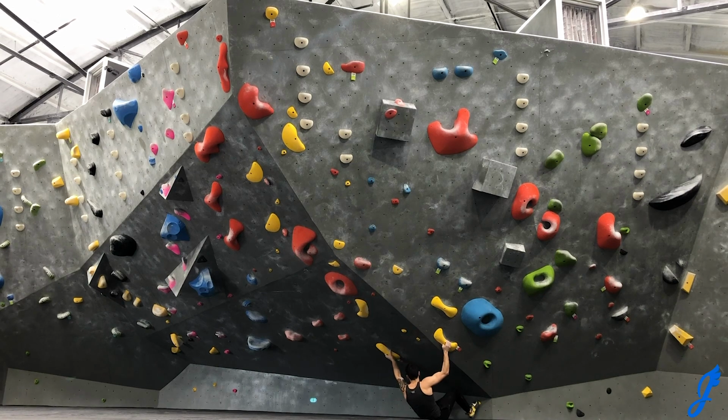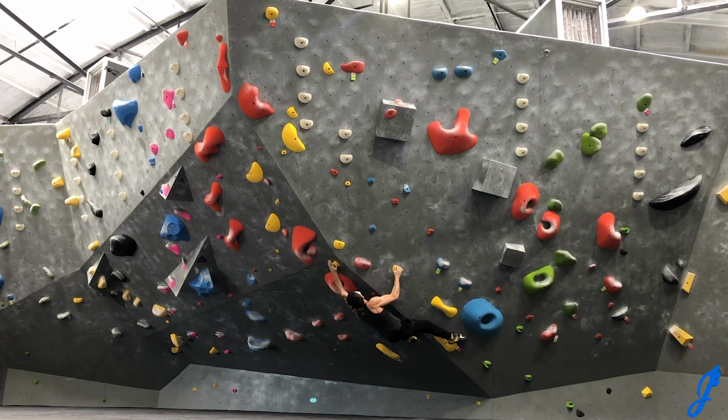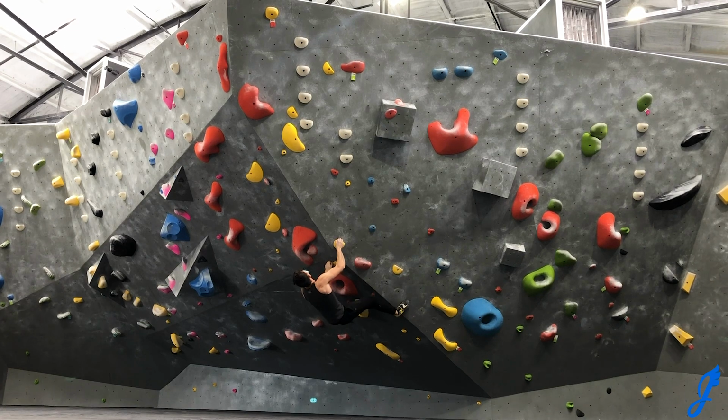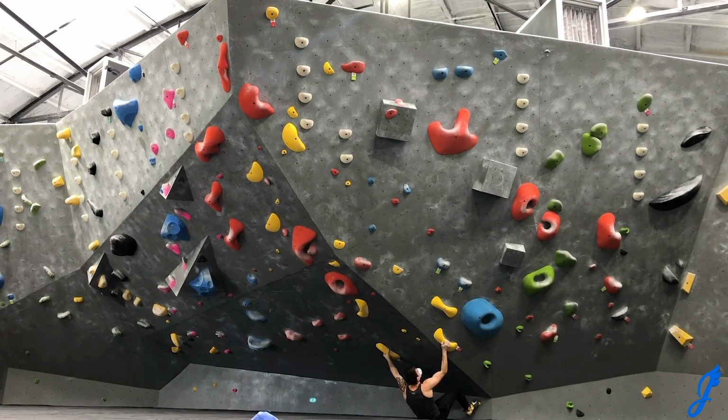But just another attempt here. Yeah, just thuggy endurance and strangely precise. If you didn't stick the heel or you don't hit these crimps right, you might as well just get off and try again. So I was typically able to get out to this hold. Didn't always make this move. As you can see, you can pretty easily swing to the left because that's the way your weight is pulling,